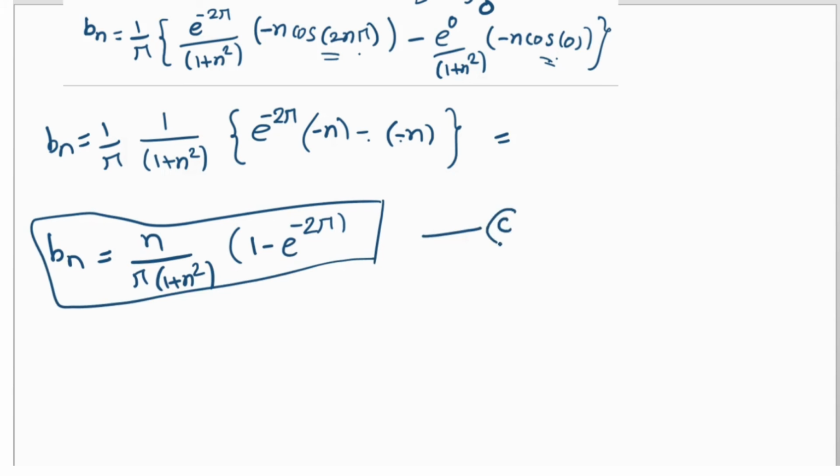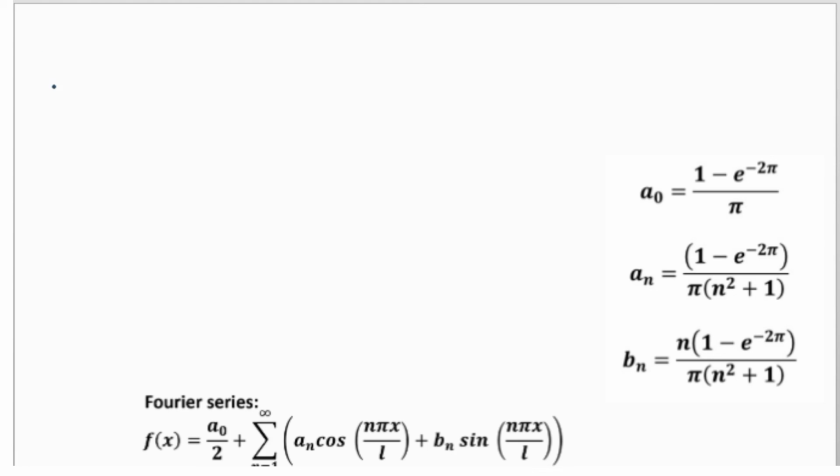Let's suppose this is equation number C. So we know the value of A0, An, Bn. So put A0, An and Bn in equation number 1, that is the formula of Fourier series. So here if we put this value of A0, An, Bn in equation 1, so therefore f of x